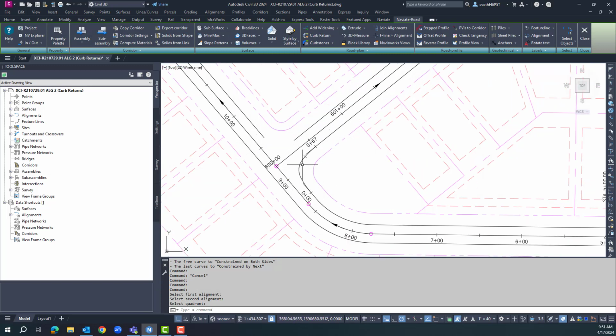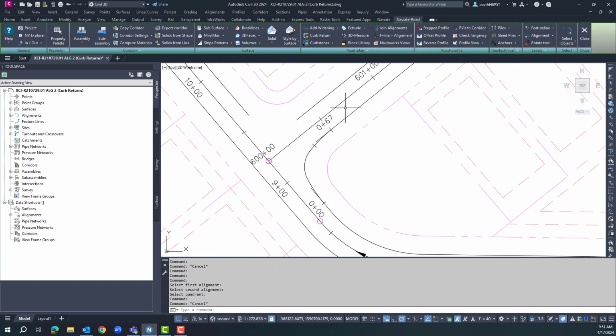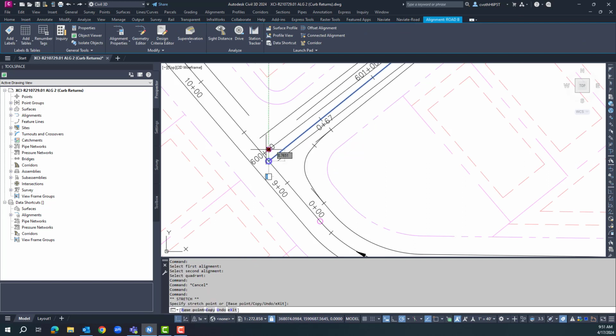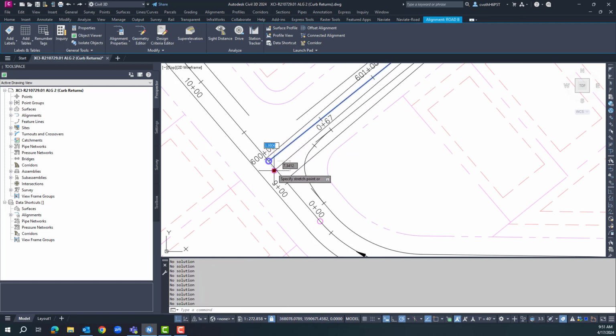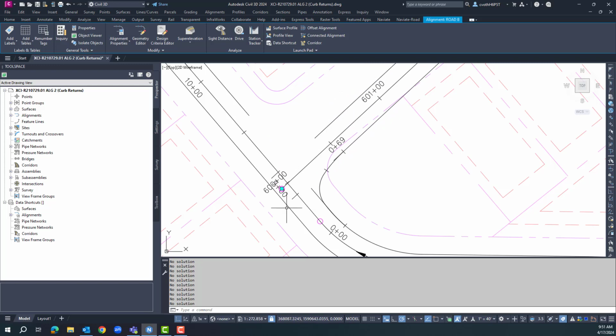And just that simple. Now I have a connected alignment. It's going to be based off of my center line. So if we need to make any modifications or changes to it, then everything